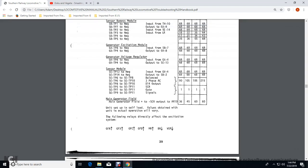General voltage regulator to throttle position 8, and the negative input general excitation module for 68 volts for 2, 4, 6, and 8 throttle. Generator voltage for the throttle position negative output of the sensor module would be 68 for 2, 4, 6, and 8 throttle. Your sensor module throttle position 13 and negative input with the generator voltage would be 68 for 2, 4, 6,